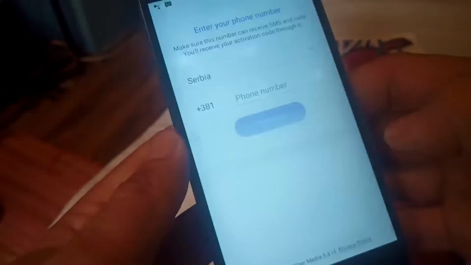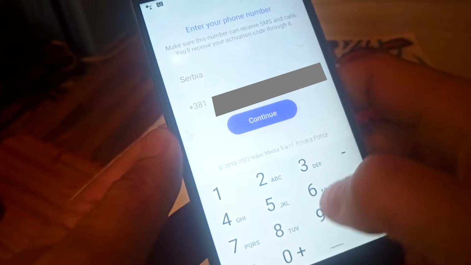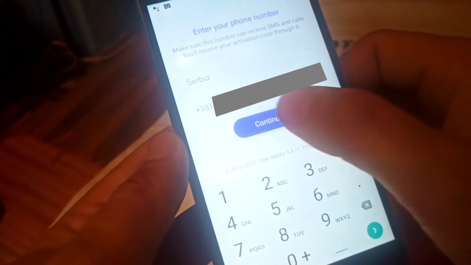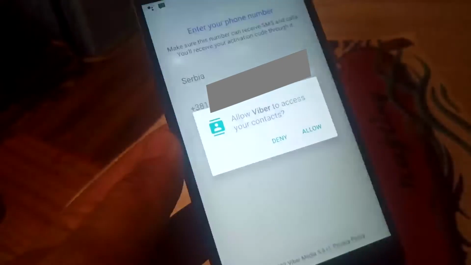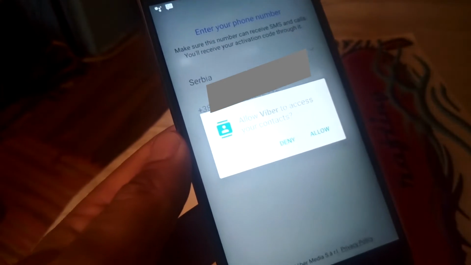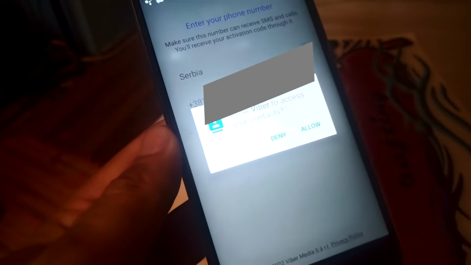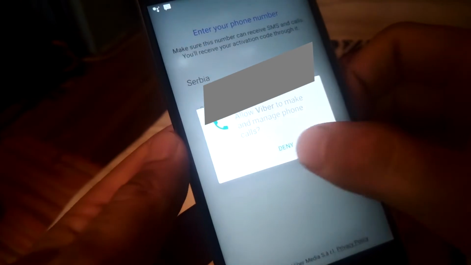Start now. And you have to type your phone number. Press continue. Yes. And this is a crucial moment. All you have to do is to disable every permission including contacts. So press deny, not allow, and once more deny,